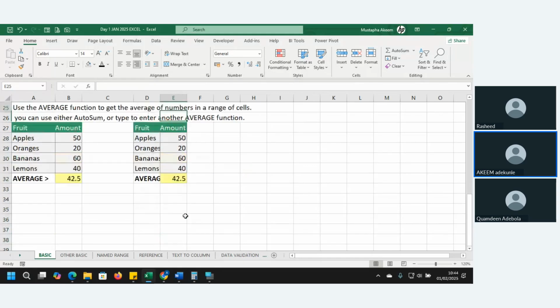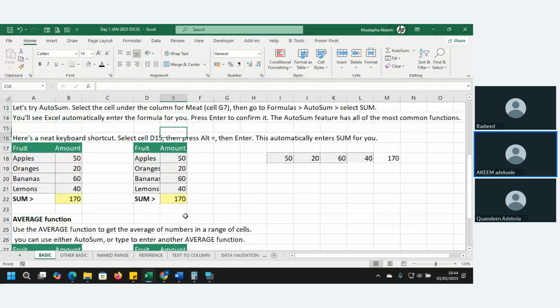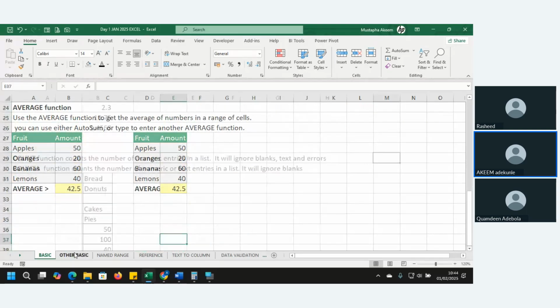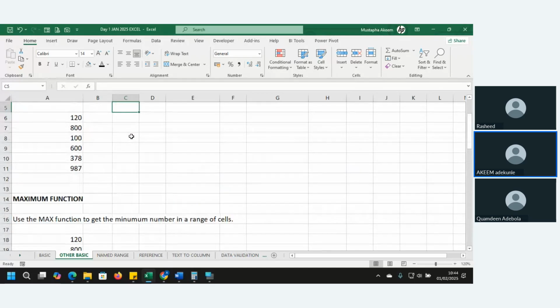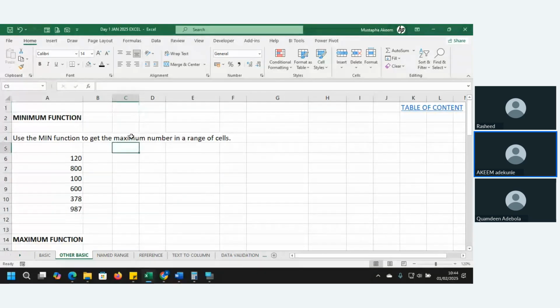So those are the basic functions that we use. We also have some other functions too, like count, maximum, minimum. When you are working with data, you might be interested in getting the maximum.